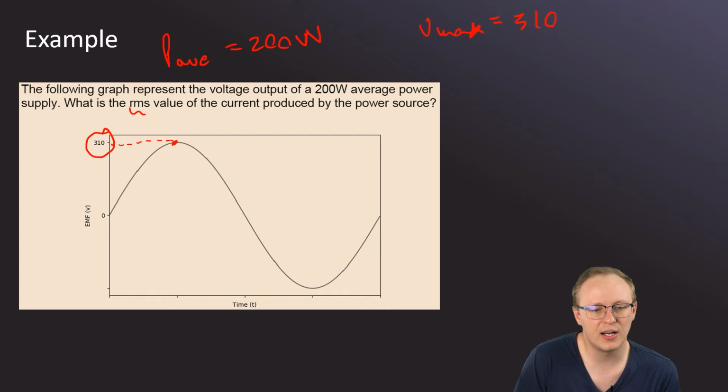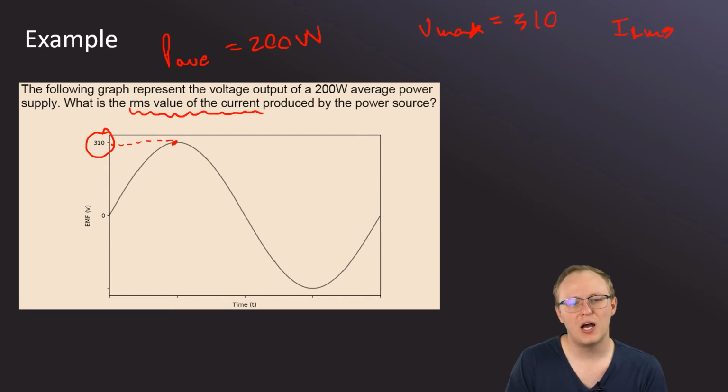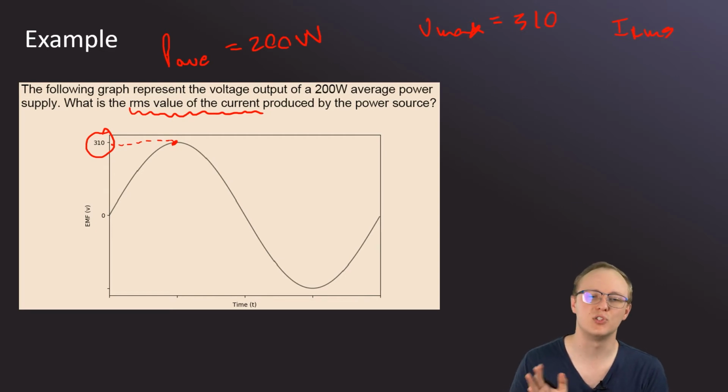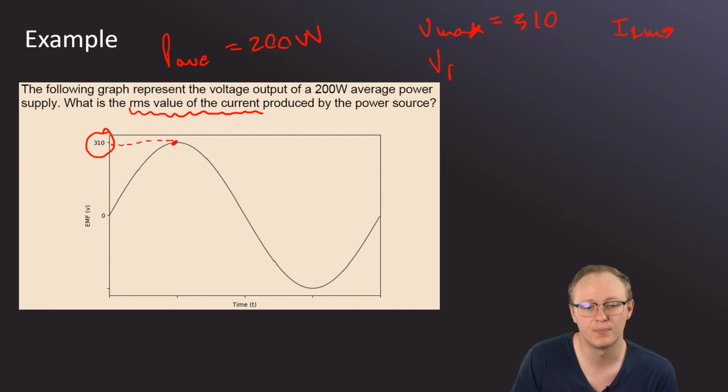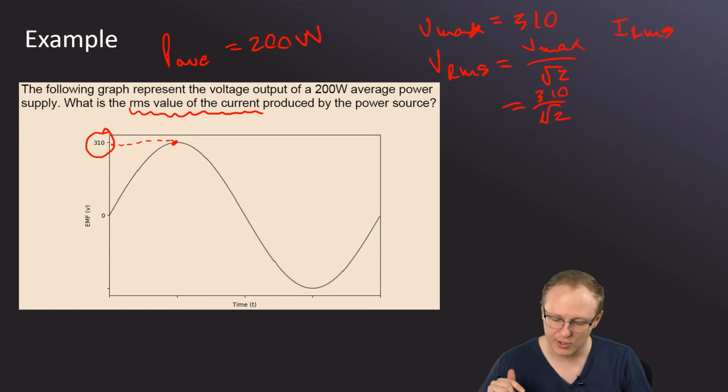Right? And we need to find the root mean square value of the current that is being produced. So we want IRMS. Okay, so for the average power, we know we can do calculations involving only the root mean square values. So it makes sense that we probably want to start with our V max and turn that into a root mean square value. So VRMS is going to be equal to the max over root 2, and that's going to be 310 over root 2, and then we defer to our calculators, and my calculator says